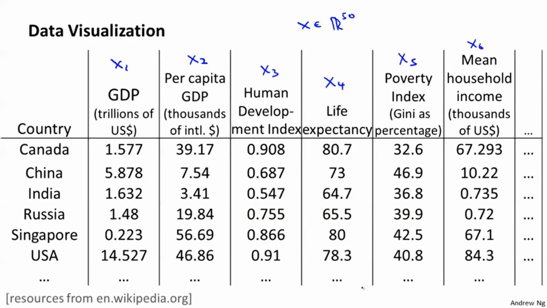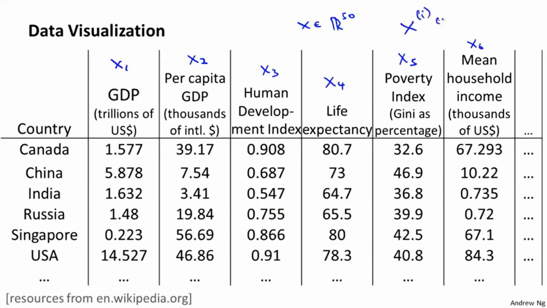How do you visualize this data? If you have 50 features, it's very difficult to plot 50-dimensional data. So what is a good way to examine this data? Using dimensionality reduction, what we can do is, instead of having each country represented by this feature vector, xi, which